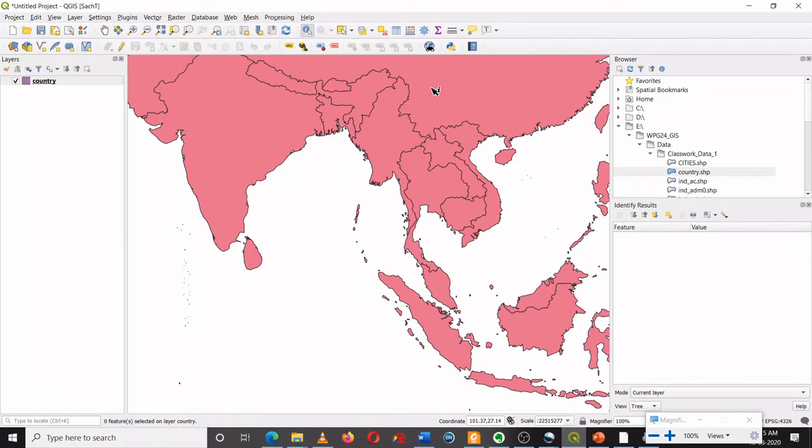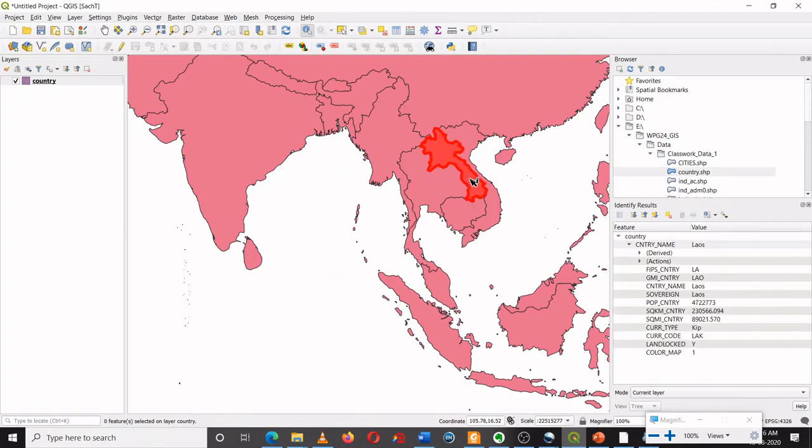You need to pay attention to the cursor symbol, because many times cursor symbols also show which tool you are using at a given point. I can click over here, and the moment I click it highlights that particular polygon and gives me information of that particular polygon only. Right now I have clicked on Laos, so it has brought into this frame all the attributes of Laos from the attribute table, only for Laos.